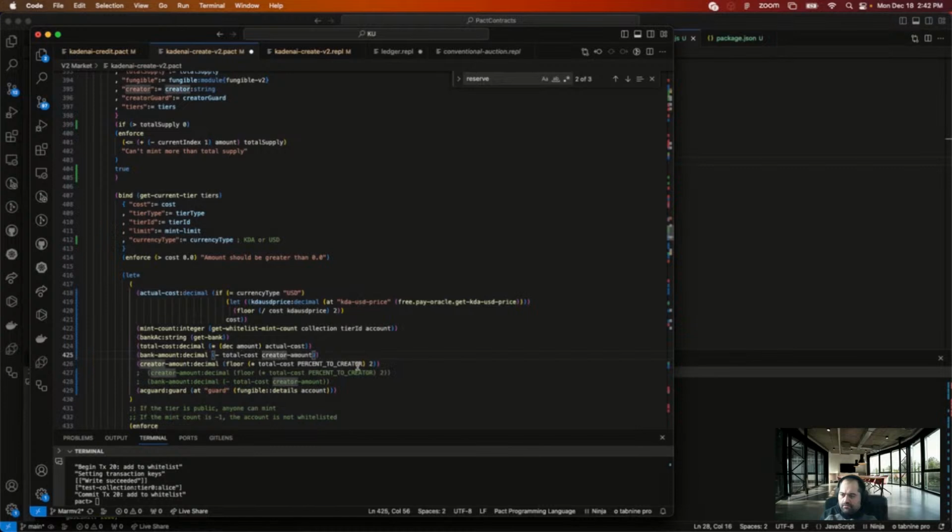Bank amount. Okay. Floor total cost. Just subtraction.